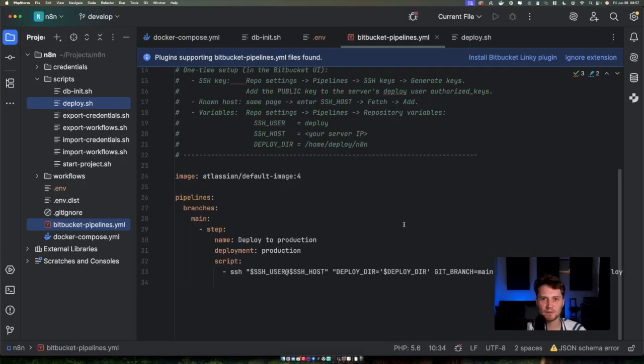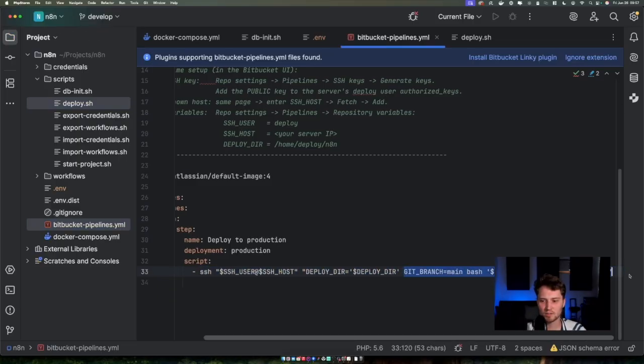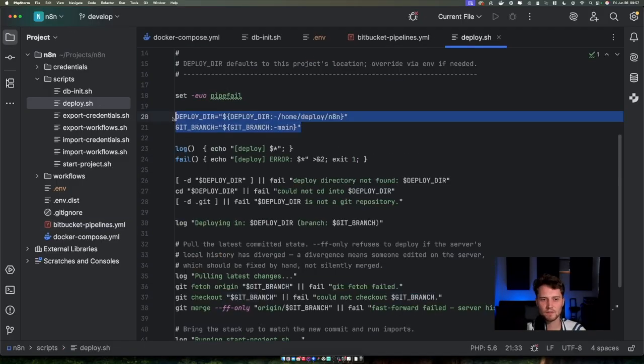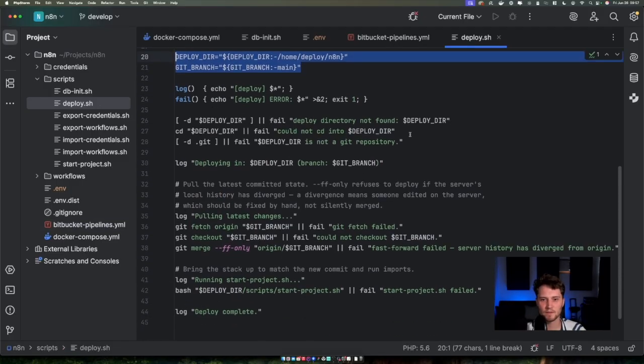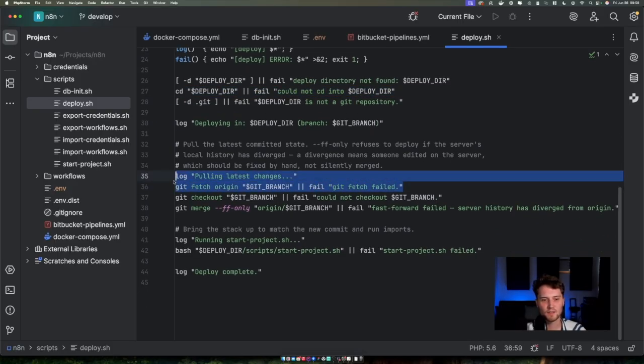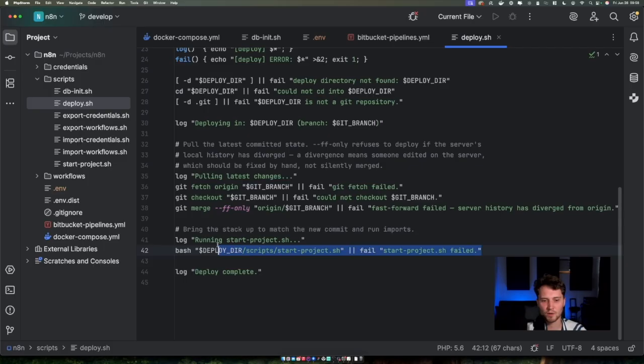The whole pipeline is quite short. The reason behind this is that we just SSH into our server and then we just open up our deploy script. So let's have a look at our deploy script. In the beginning we declare some variables, then we move to the path we would like to deploy our project, and then we just fetch our newest origin and check out our main branch. And the very last step would be that we call our normal start project script and everything else will be